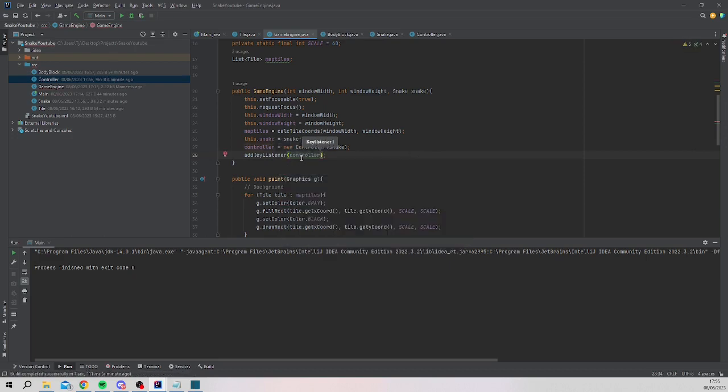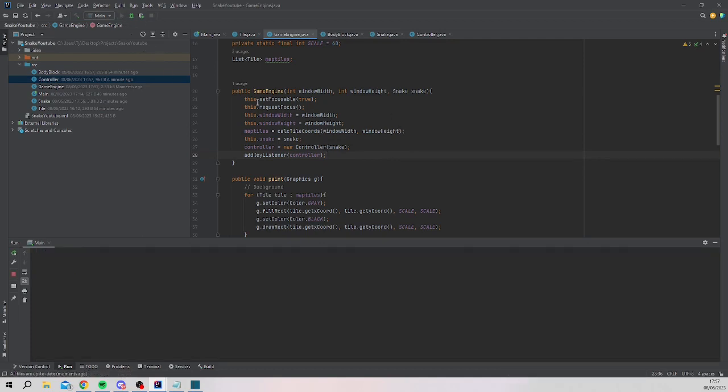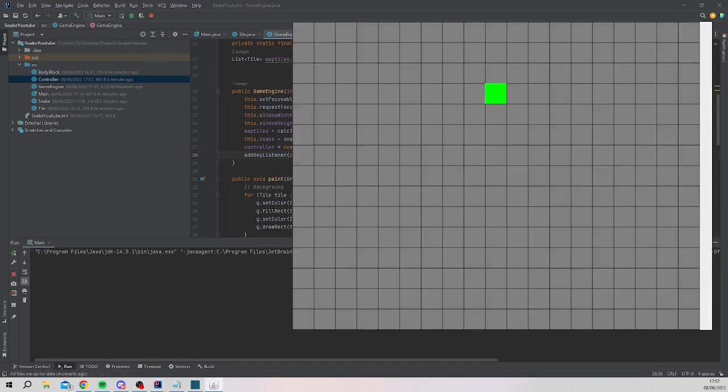Basically what that's saying is use this to detect any keys and use its method to determine what happens with them. This should be enough to be able to control the block on our screen now, so let's go ahead and see if that works. Click run. Yep, there we are. If I press W we go up, S we don't go down. Okay, if it goes off the screen, you've kind of got to get it back on, because we don't actually die yet,